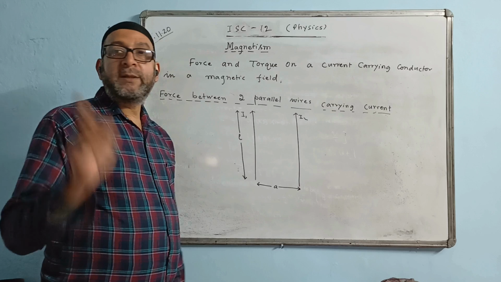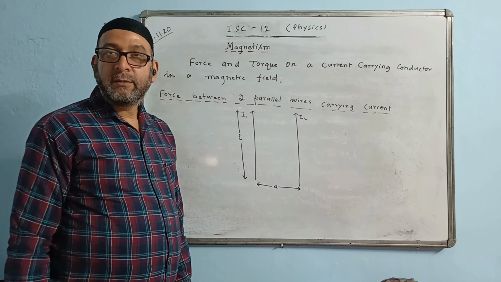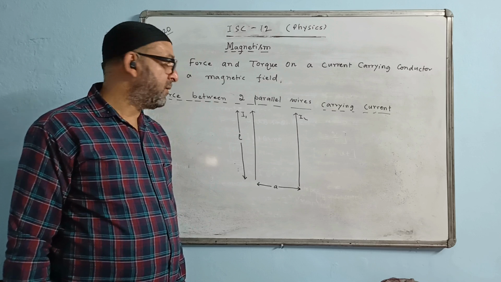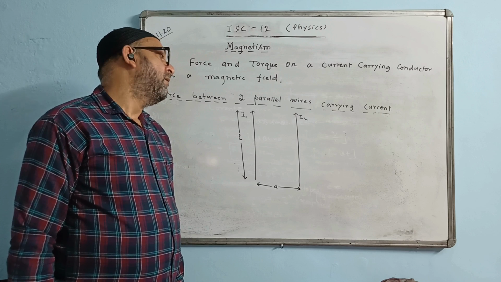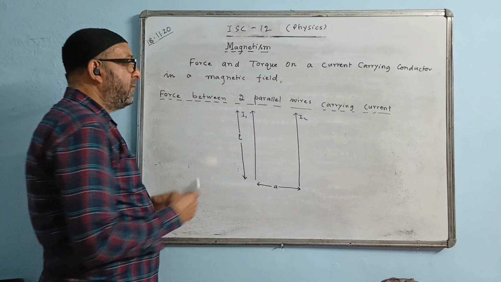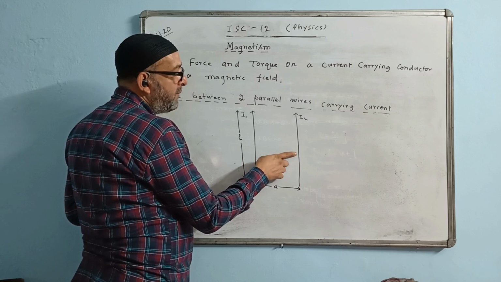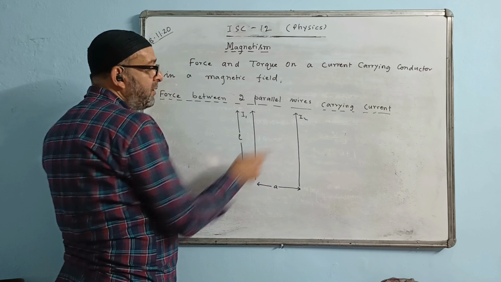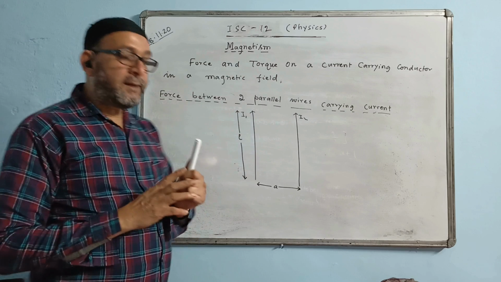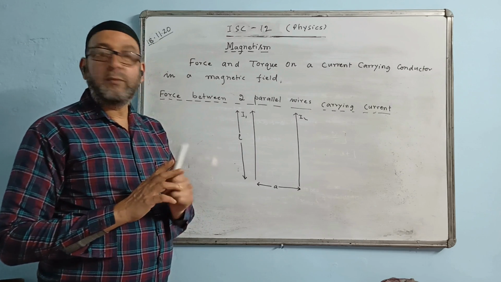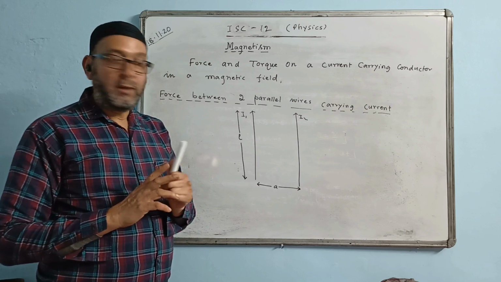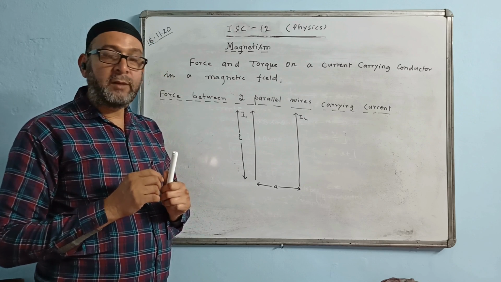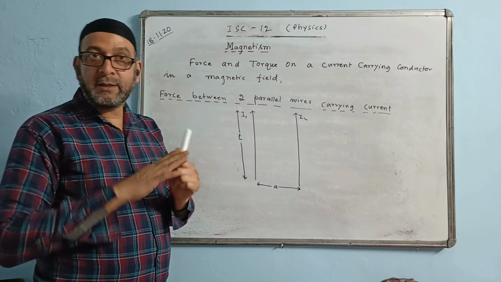And the formula of force will be the same, F equals I L B sin theta. So we will be finding the expression for the force between the two parallel wires. This wire will be experiencing a force because of the magnetic field created by the other. Because we know that the magnetic field due to current on a straight conductor does not exist on the wire, but it exists outside.